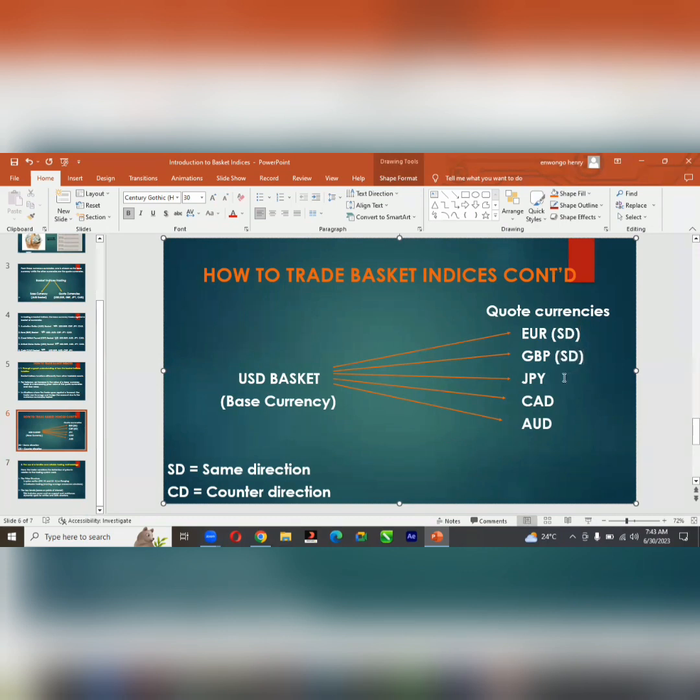So what about dollar yen? It is going to be in a counter direction. In other words, let's just say when you sell euro dollar or sell pound dollar, you can buy what? Japanese yen, and then buy dollar CAD, and then buy dollar Aussie. So in situations where this does not actually go up, because we are talking about a good knowledge of the fundamentals and a good knowledge of the technical analysis, in situations where this does not play out as you might assume or forecast,